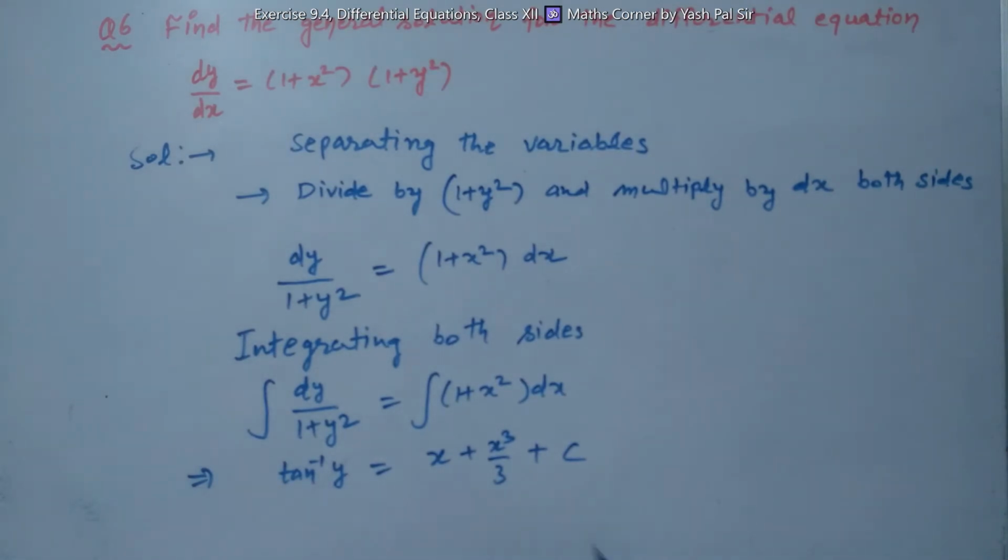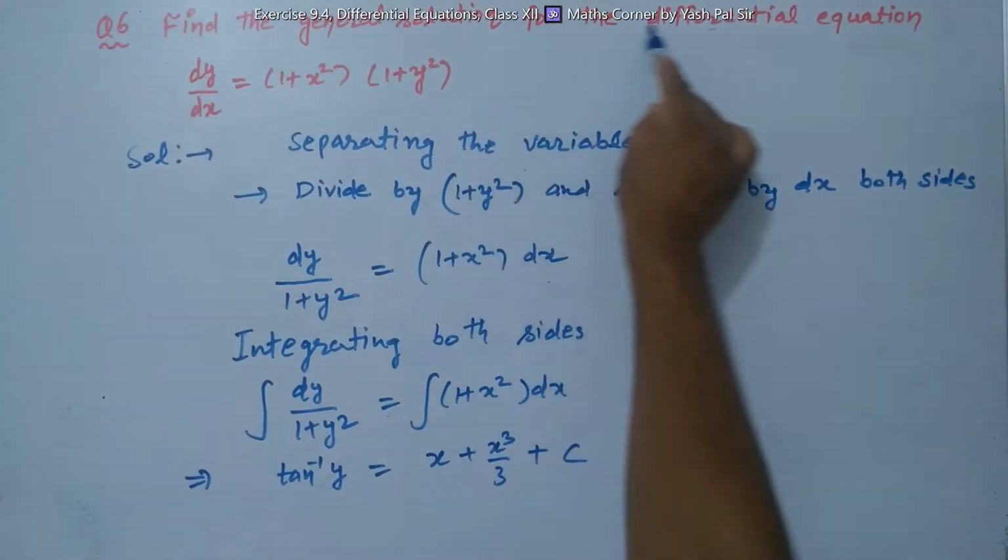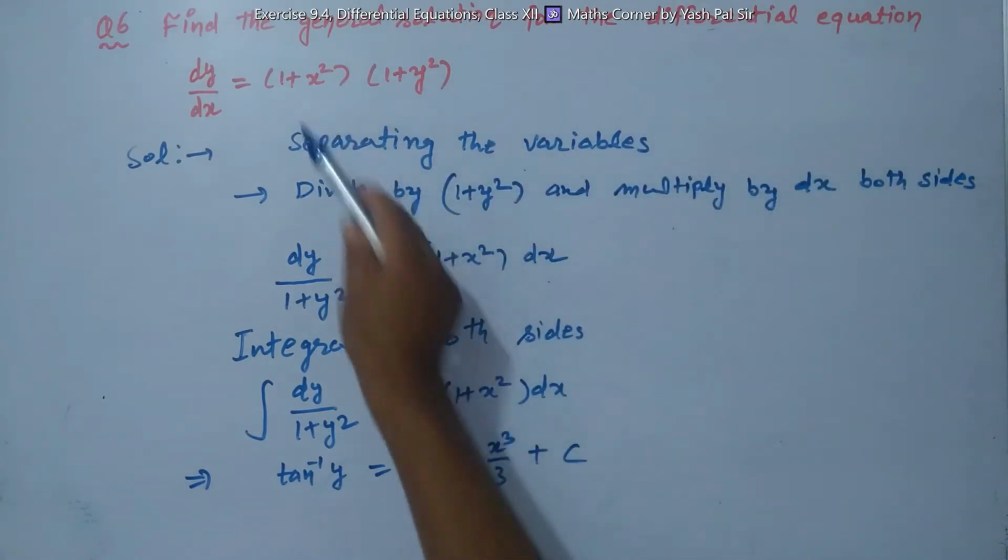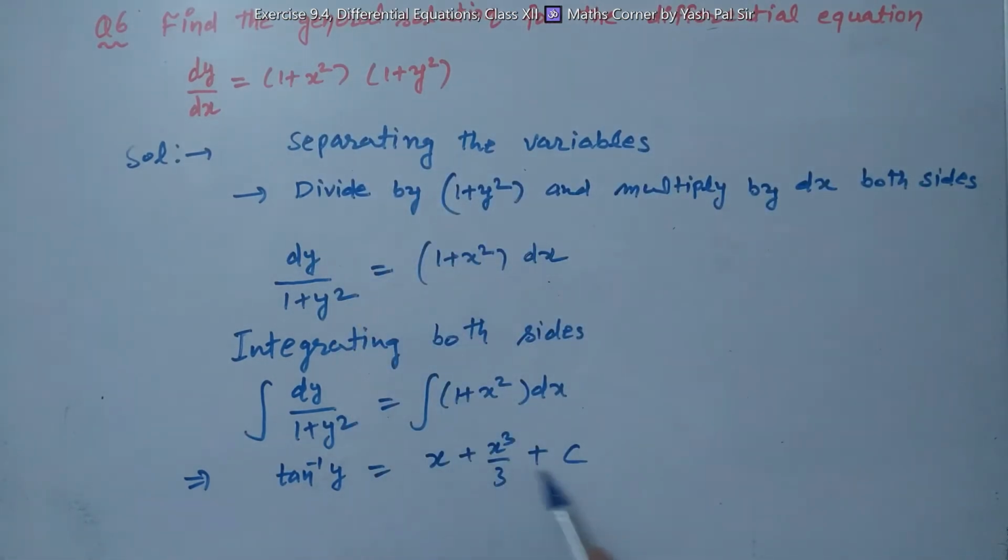So what was the question? Find the general solution for the differential equation. So this is the general solution which contains c and there is no term dy dx in the derivatives of y with respect to x. So this is the desired solution. This is the general solution of the given differential equation.